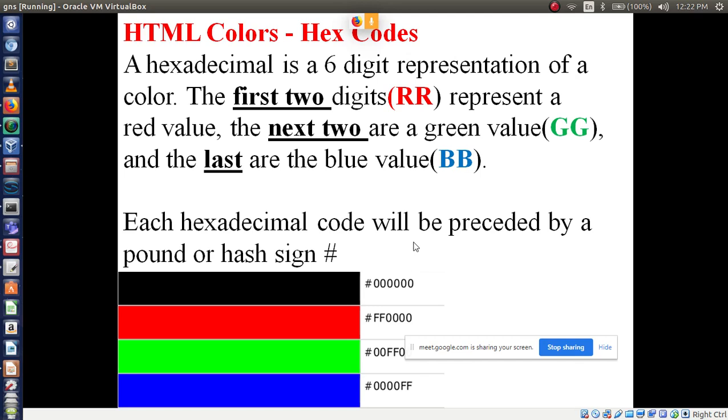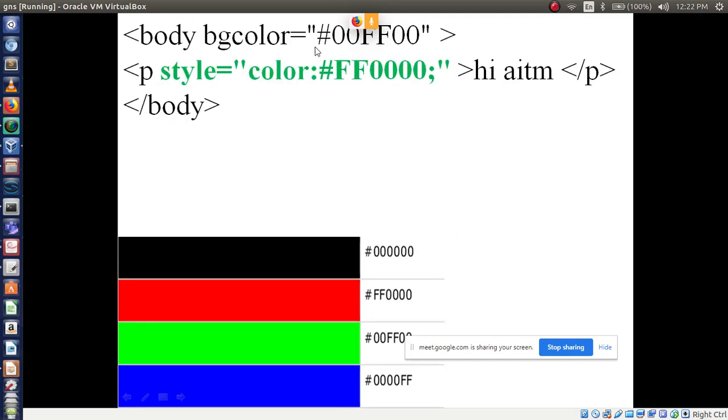Let's see this example here. Body background color, hash, you are using hash 00FF00. Now what is the color name for this code? Can anyone tell me? Here I am using 00FF00. So which color is going to apply on the background? Yes, green color.